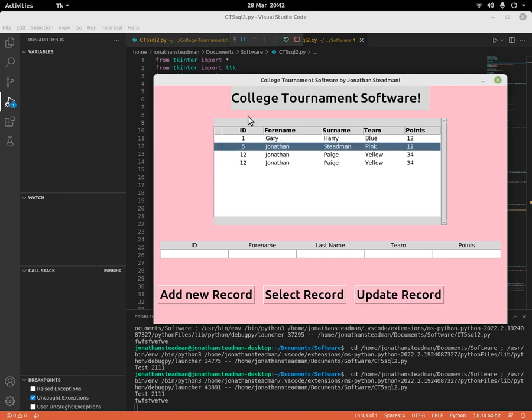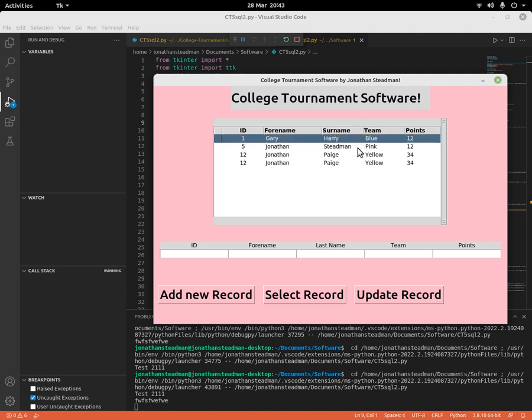So this is the ID, the number that we use to identify you, because many people can have the same surname and first name, so having an ID is quite important. And then we have their first name and second name, we know why we have that. We also have team, what team they are on. So for example, if they want to be on a yellow team, then they have to select them to be on a yellow team, or they can be on a pink team. It doesn't have to be colors. It can be objects, like